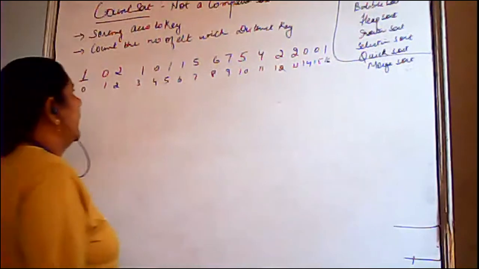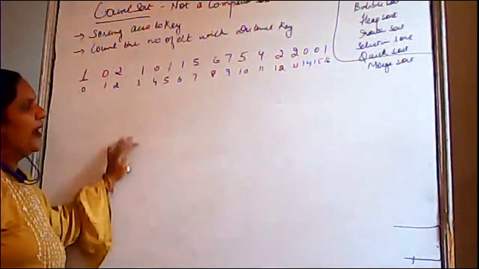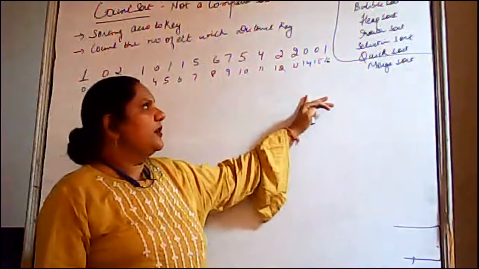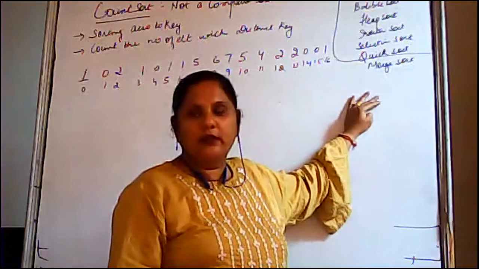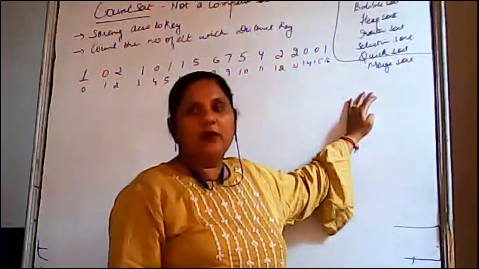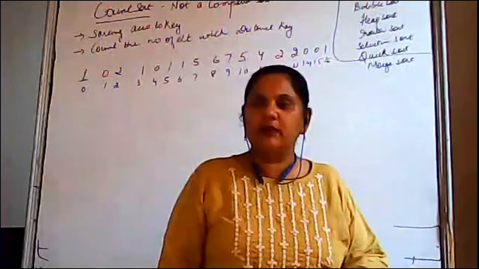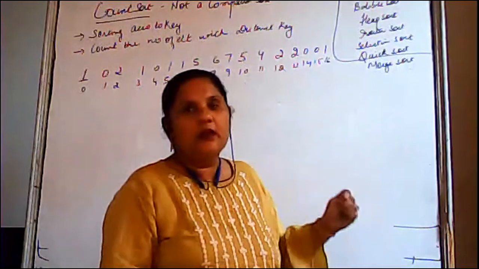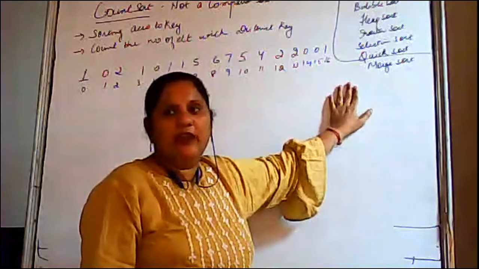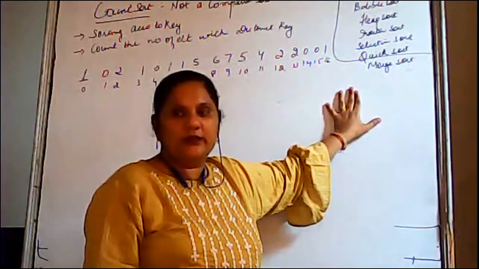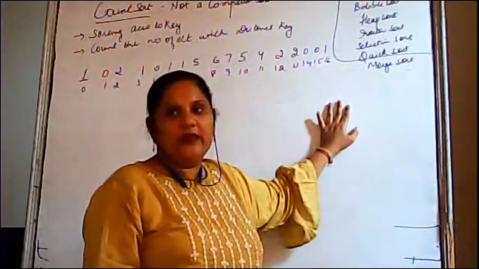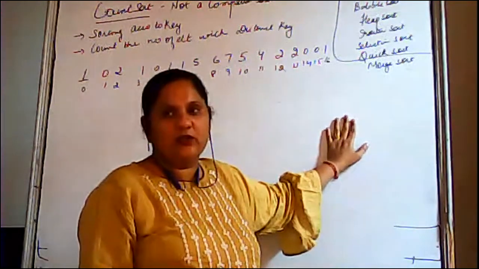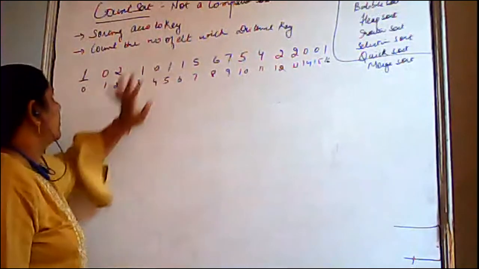See, count sort is again not a comparison sort, but we have to sort the numbers according to the different keys. Bubble sort, heap sort, insertion sort, selection sort, quick sort, or merge sort, they are all comparison algorithms, because we compare the previous number with other numbers in the list, or we compare the pivot element with the other numbers in the list. So all the sorting techniques which we have done so far before the bucket sort are comparison sorts, whereas bucket sort, count sort, and radix sort are not comparison sorts.